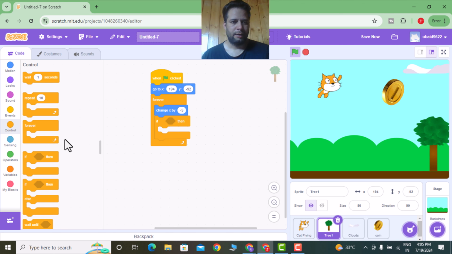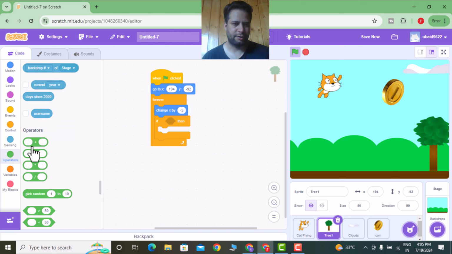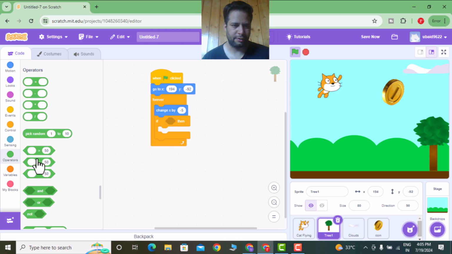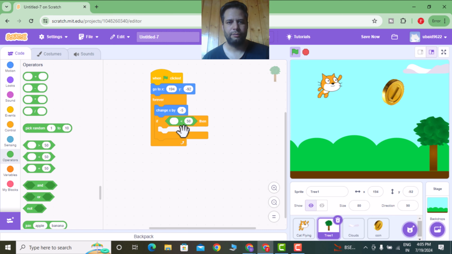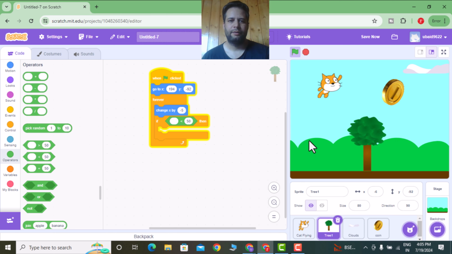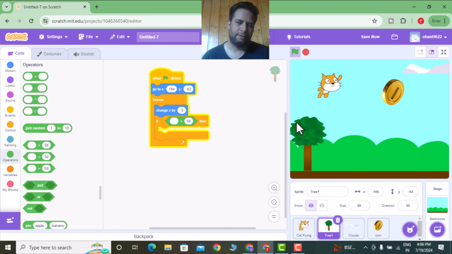If so, operations X position, so I will use this less than operator. If X position, so when it keeps on going this way, suppose I click the flag, this tree moves this way. When this reaches this place at the end, what should happen? The tree should again move towards its initial position. So if the tree reaches this place, where it is currently, for this I will write here if X